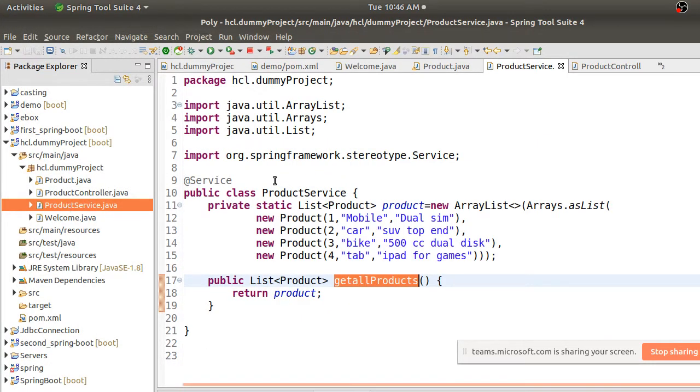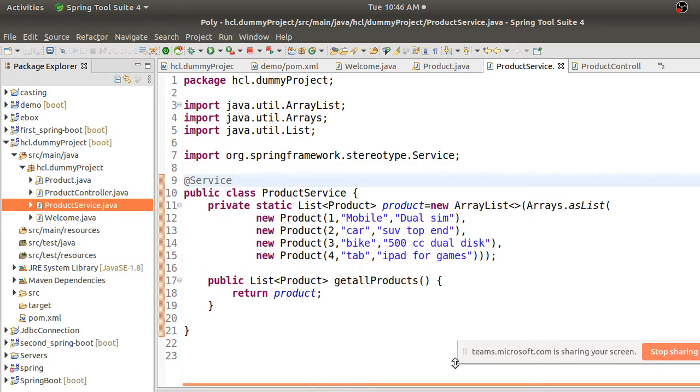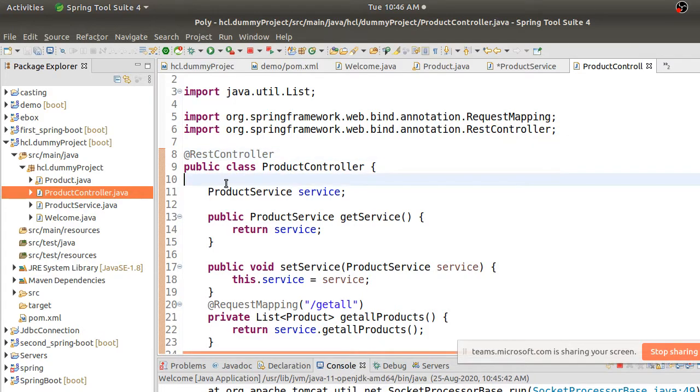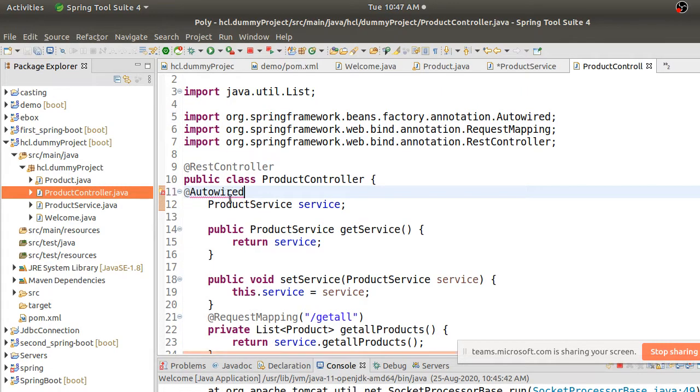So one pointer is the exception is for the service object only. Now in your controller, you have, yes. Yeah, sorry.